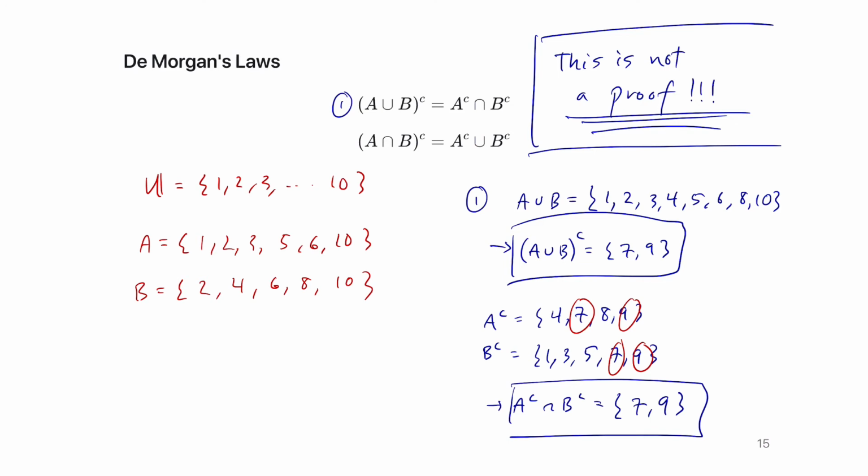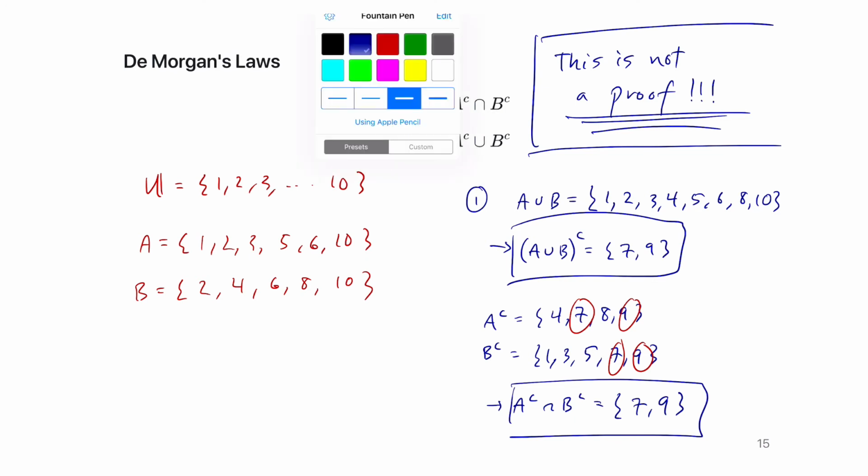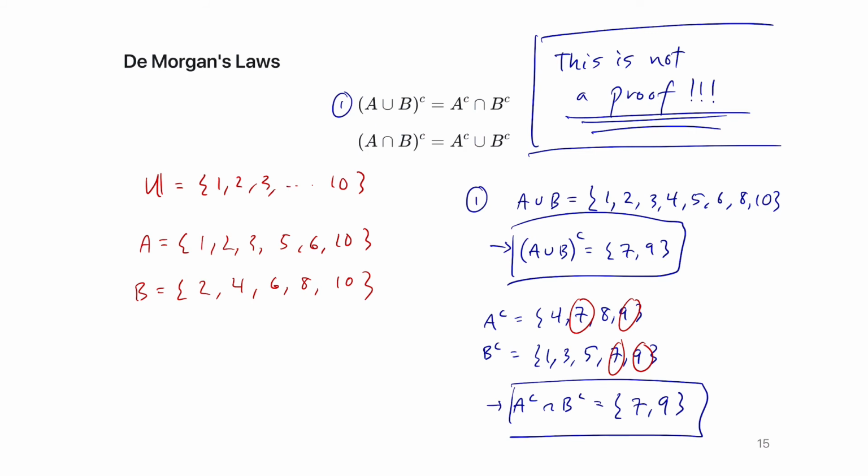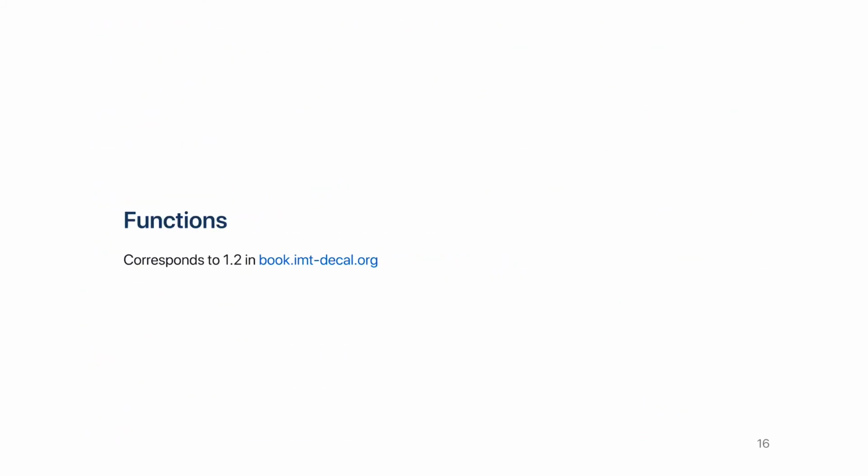Okay, and we haven't formally talked about this word proof and what it exactly means, so we won't go too in-depth with this until we start covering what a proof actually is, but it's just something to look out for. So any questions with De Morgan's laws? Okay, cool. So now let's start talking about what a function is.